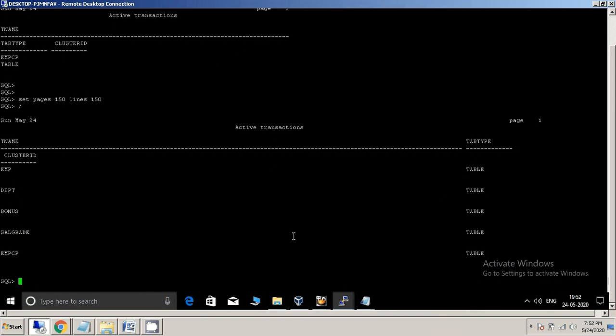Now we have almost 5 tables. We will select EMPCP and do an operation like insert into EMPCP select star from EMPCP.